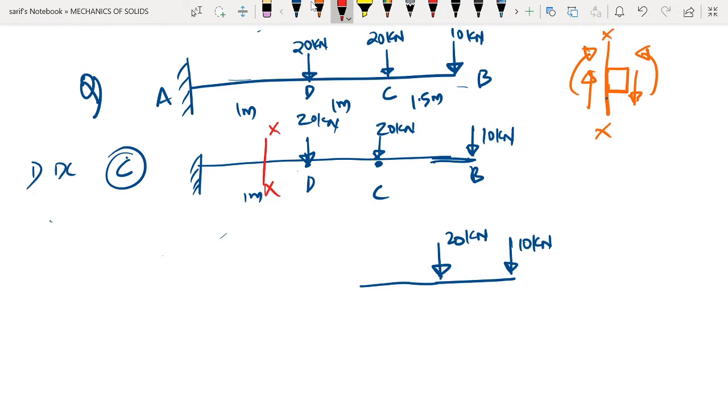However, let us try to choose the origin at the point B, just to show that the choice of origin is arbitrary. That is, it is our choice as to which point has to be the origin. So in this case, let me choose B as the origin. The preferable choice of origin is D because it will ease our calculations. However, let us see what happens if the point B is chosen as the origin.